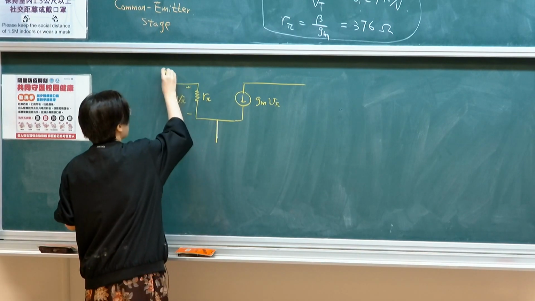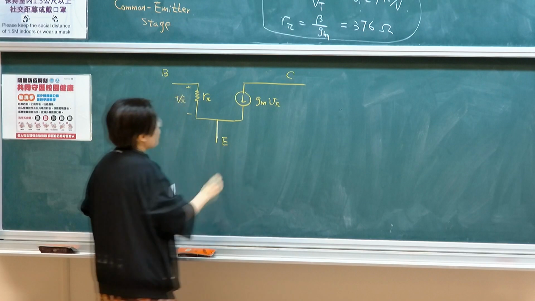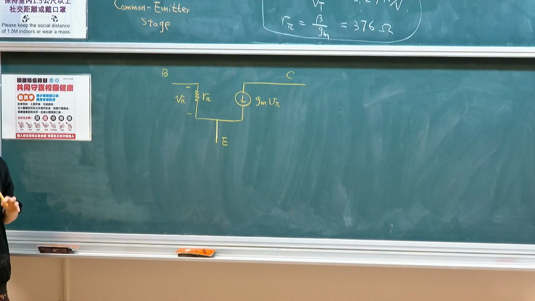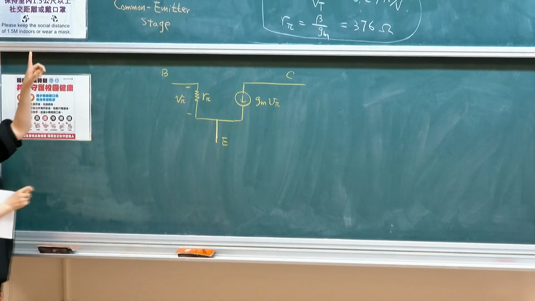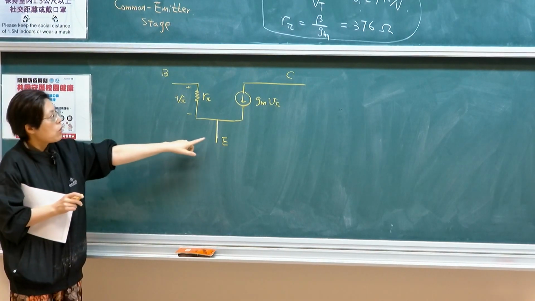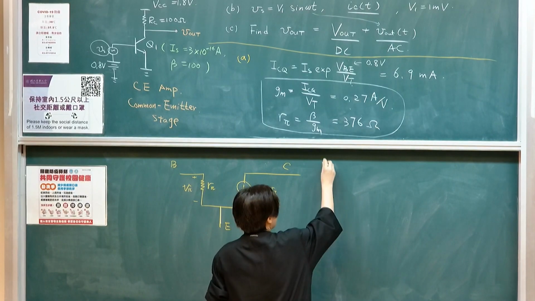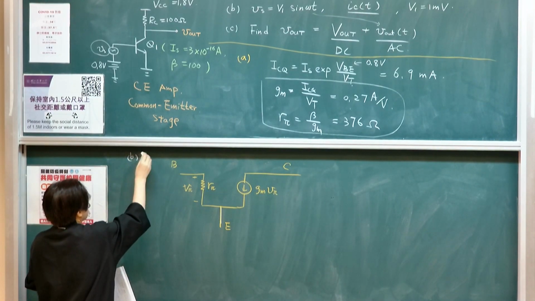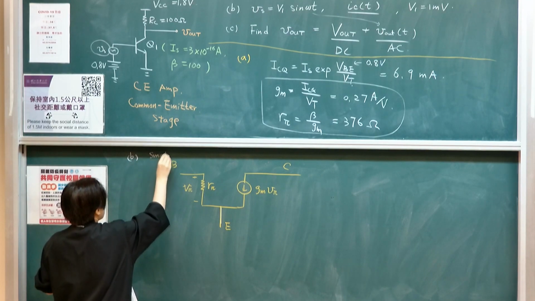Remember, this is the base, collector, and emitter. So aside from having this model, remember we have to establish a small signal equivalent circuit. So this is the model you insert into the circuit. So what is the corresponding circuit? Remember the emitter in this small signal equivalent circuit. So the second part of the analysis, we want to establish what we call the small signal